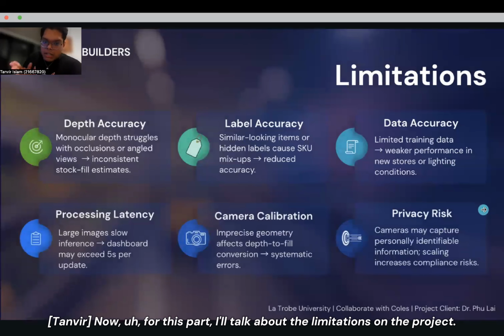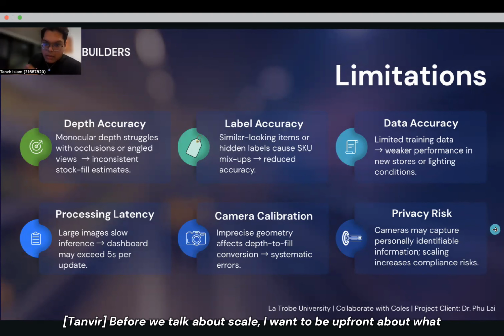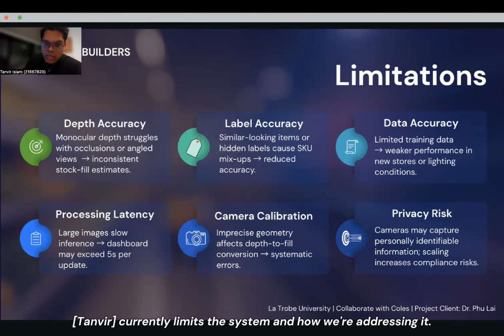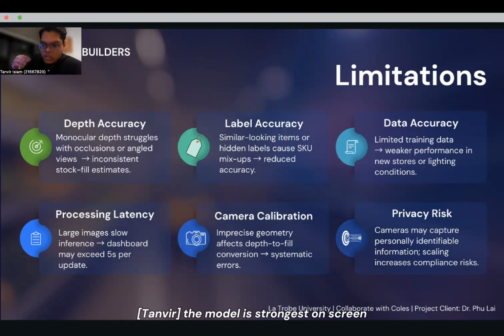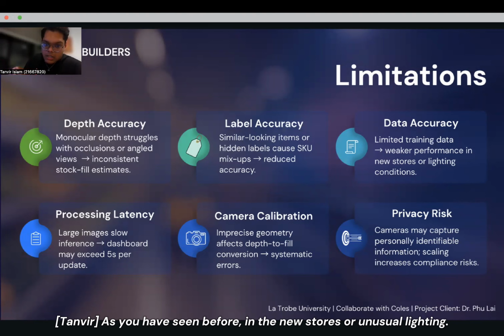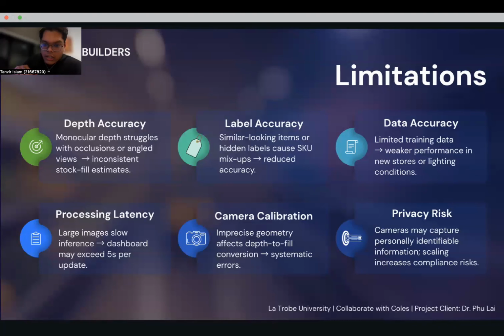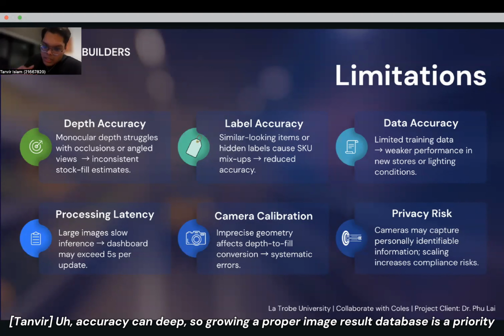Now, for this part, I'll talk about the limitations of the project. Before we talk about scale, I want to be upfront about what currently limits the system and how we're addressing it. For the data and generalization, because our training data is still small, the model is strongest on screen, as you have seen before. In new stores or unusual lighting, accuracy can dip,